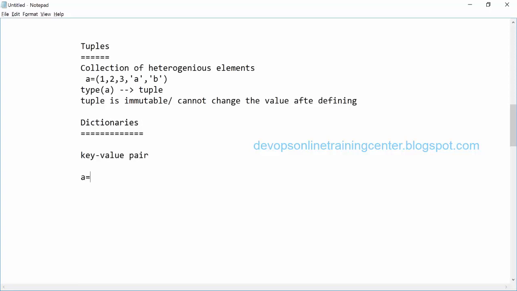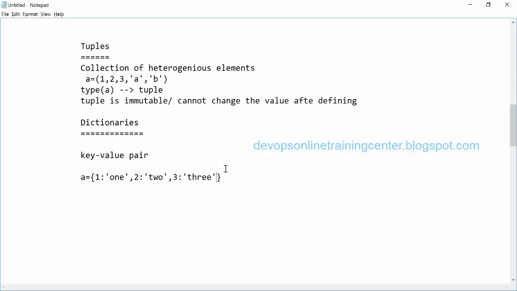Let us say A is equal to, in between curly braces, 1: ONE1, 2: TW2, 3.